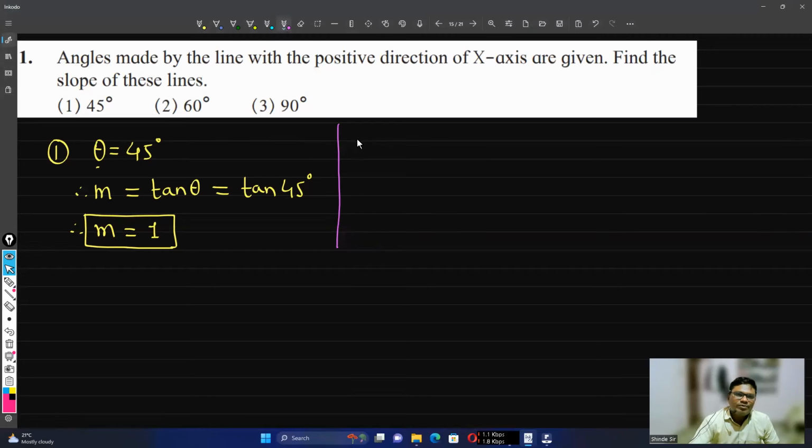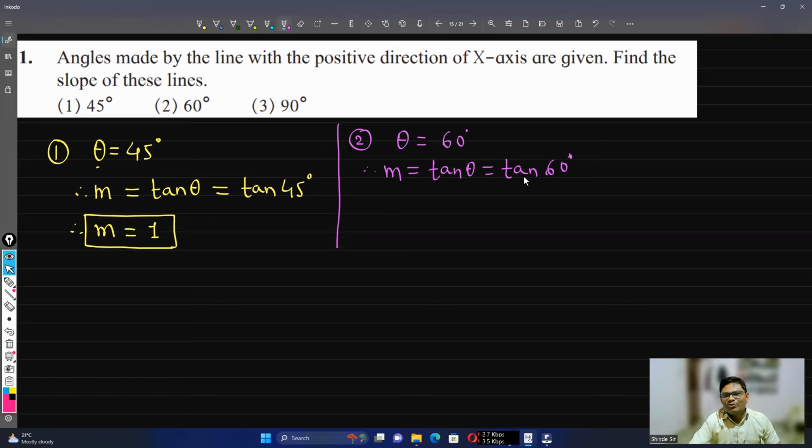Now, problem number 2, the theta is equal to 60 degree. Therefore, slope of that particular line must be equal to tan theta, that is tan 60 degree, and we know the value of tan 60 is root 3. Therefore, slope of that particular line is root 3. So these are the short answer type questions. And for the last,